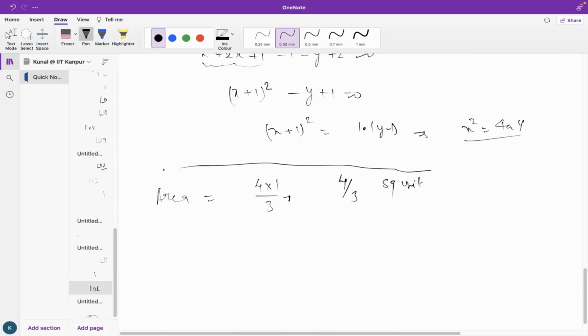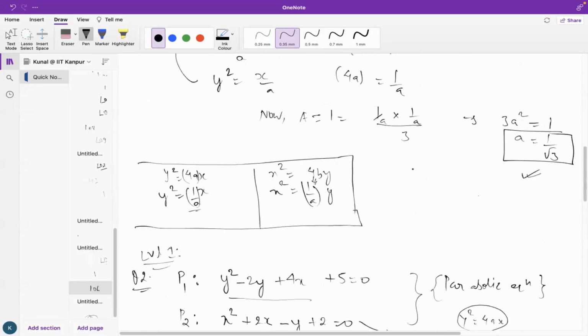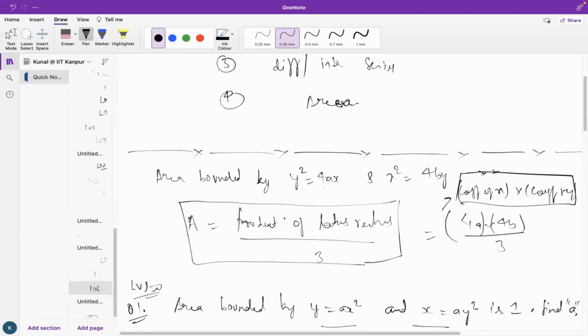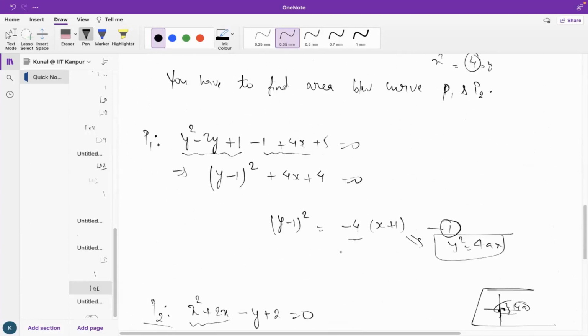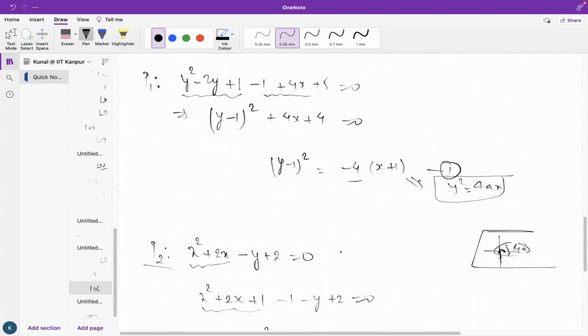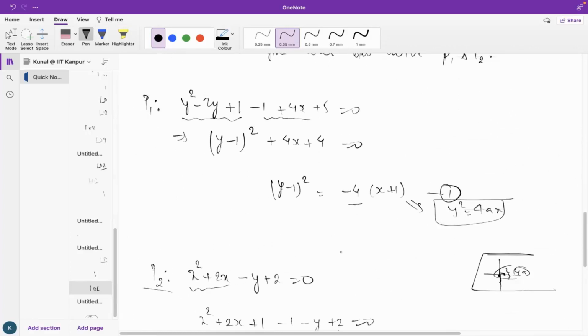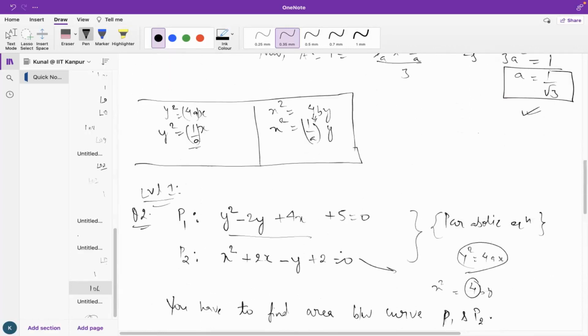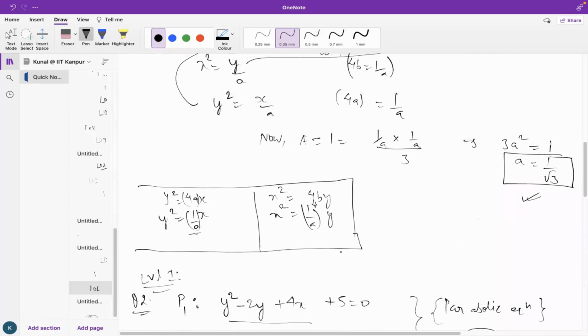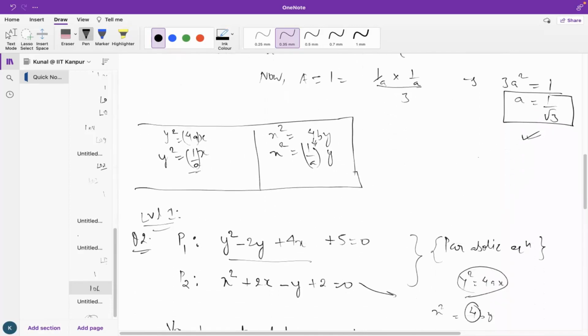मतलब हमें सॉल्व भी नहीं करनी पड़ी। अदरवाइज हमें क्या करना होता, अगर ये फॉर्म अपन नहीं पढ़े होते, लाइक प्रोडक्ट ऑफ लैटिस रेक्टम बाई थ्री, तो हमें क्या करना होता, जो हम अभी तक एरिया में करते आ रहे हैं, कल या उसके पहले वाले लेक्चर से, पहले कर्व ड्रॉ करते थे, ठीक है, एंड देन एरिया ऑफ रीजन फाइंड करते थे, है ना।